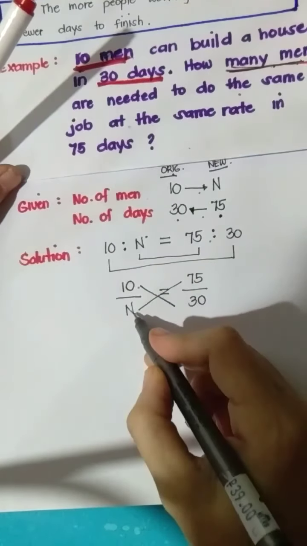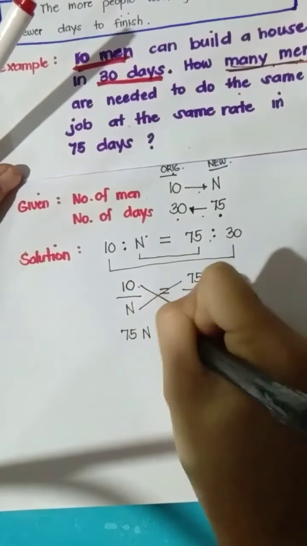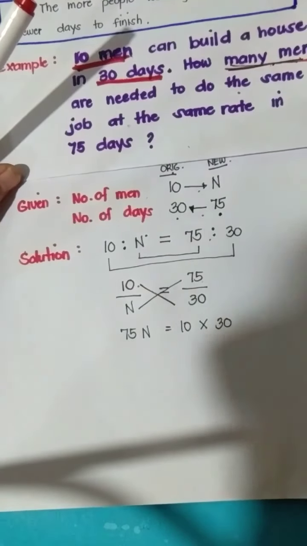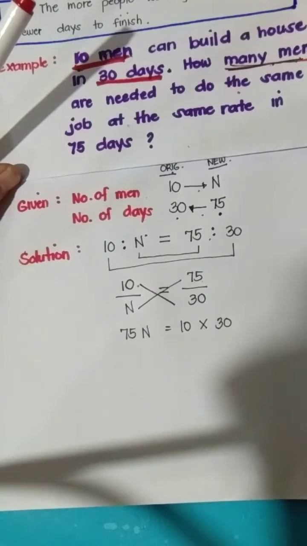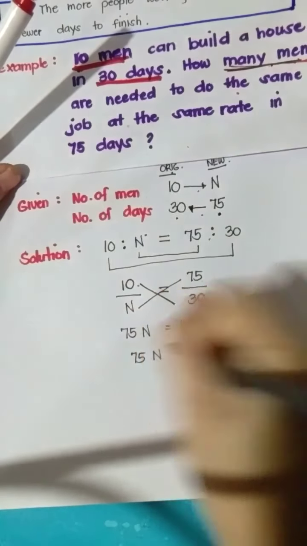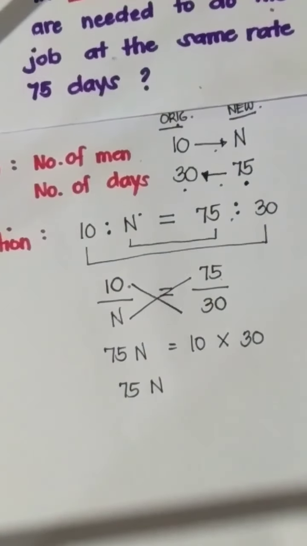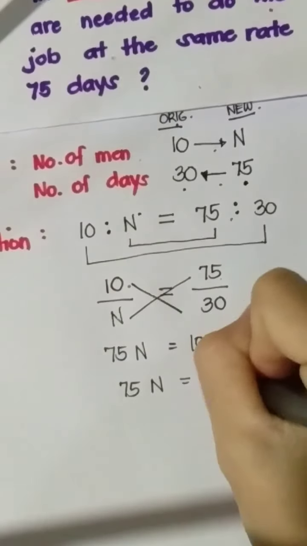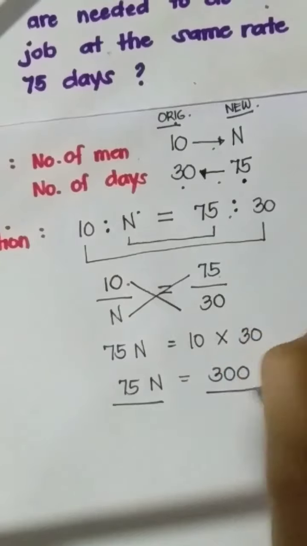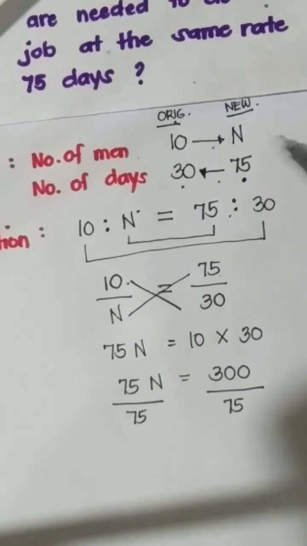So we'll have 75 times n, or 75n, is equal to 10 times 30, or 30 times 10. It doesn't matter if the numbers are switched, we'll get the same product. Then we have 75n is equal to, what is 10 times 30? That is 300. Next we'll divide both sides by 75 so that we can